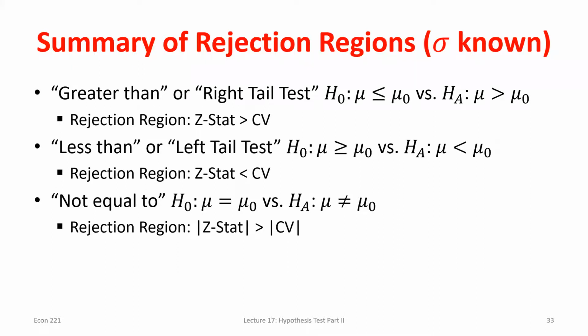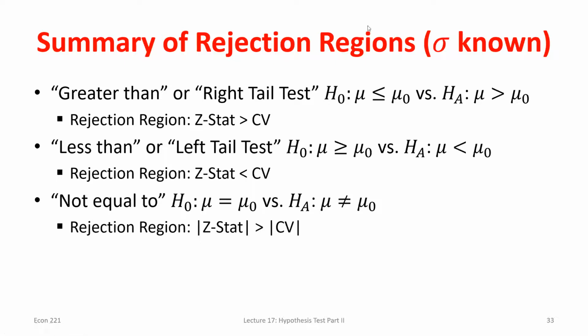If it is, you can reject. It's just when we're doing the left-tailed test, the reason why we have to take the absolute value is because the test statistic being more extreme than the critical value is actually being a larger negative value, which would actually mean it has to be less than, right? So instead of flipping back and forth, depending on the type of test, just always think about it